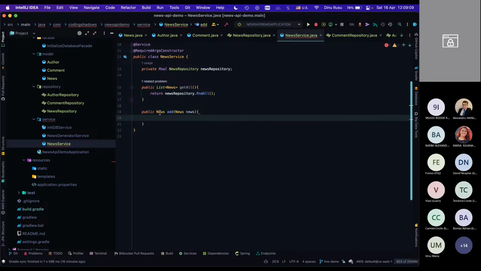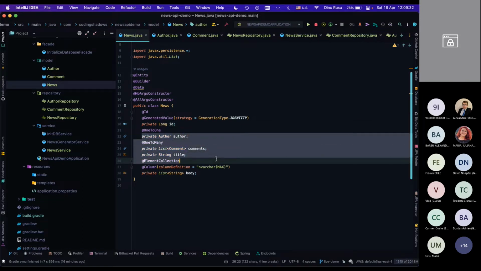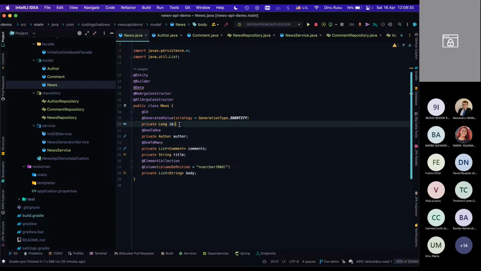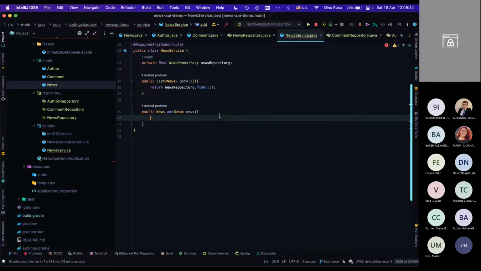I'm also returning a news object, so that when I add a new news object, I get back that object that was created, in order to make sure that it was actually created in the database. My repository will return this for me, and it would also attach an ID to it. For example, if I want to create a news, I just send it in JSON format: author, comments, title, and body, and the ID would be generated for me because I've said it's a generated value. I would return this because I want to maybe see that ID or make sure that that object was actually created. So I have to return again newsRepository